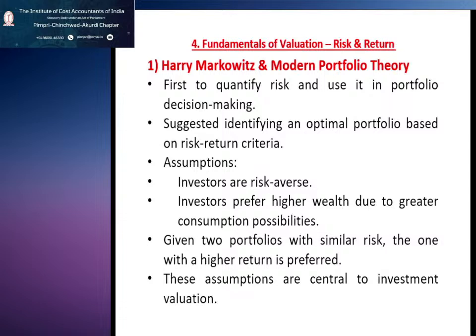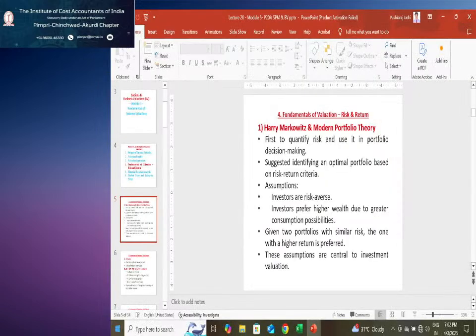So while doing so and deciding the risk return criteria, the assumptions that were there were investors are risk averse, obviously. No one will be risk free and careless about the risk also. And hence investors are risk averse. Investors prefer higher wealth due to greater consumption possibilities. So that's another assumption which his theory has. The third assumption, given two portfolios with similar risks, the one with higher return is preferred. So higher return is always preferred over risk, and these assumptions are central to investment valuation. So that's how the assumptions were. These are the assumptions typically which he,